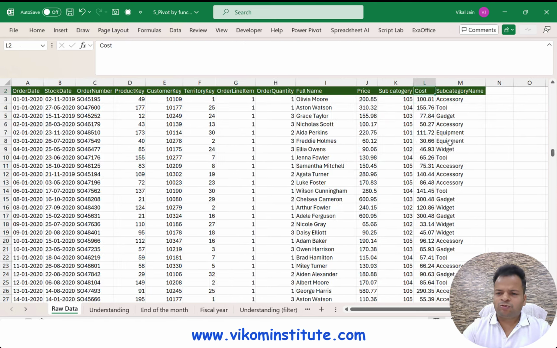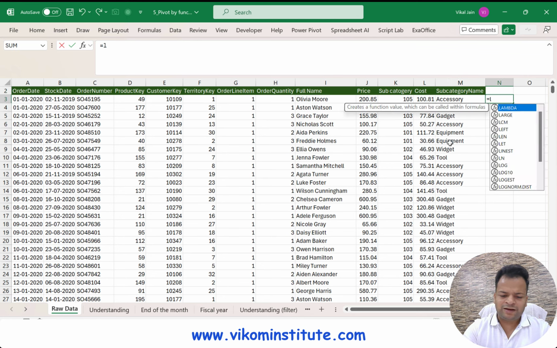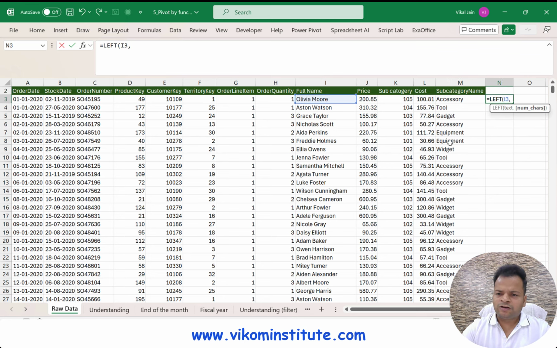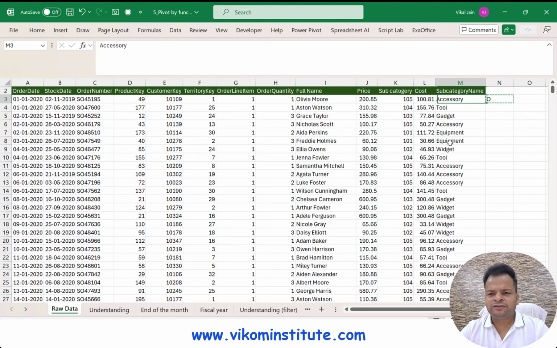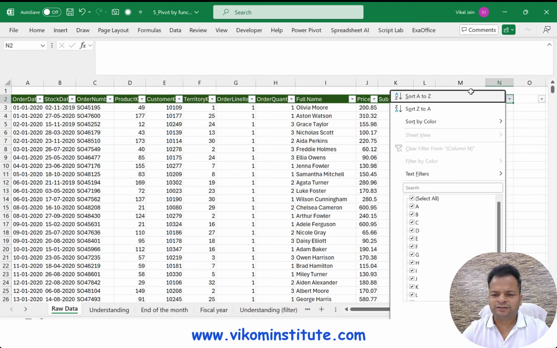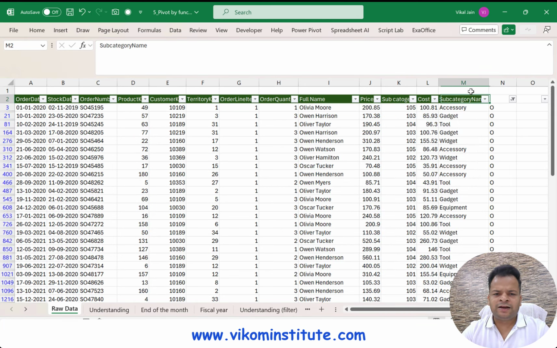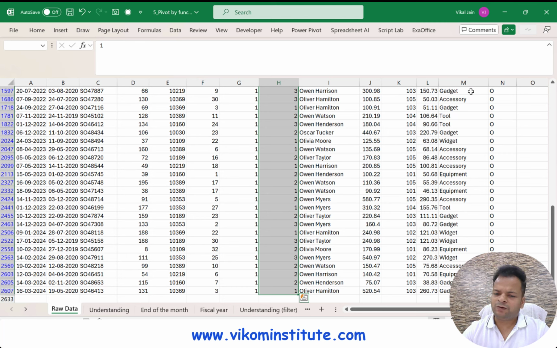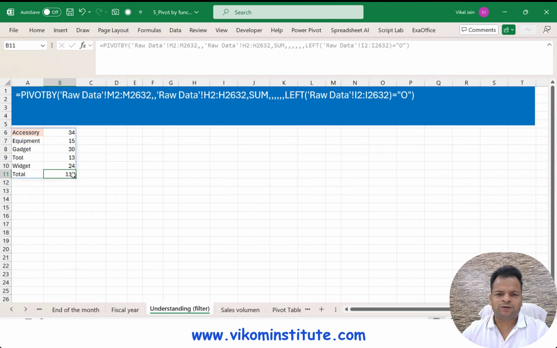Now let's check whether it is correct or not. So I'm going to use the LEFT function here also. Left, just extracting one character, and simply drag and drop or copy and paste it till the end. Now simply put a filter, take O, and here the order quantity is 116. And if you see here, it is 116. Now if you don't want this O as a manual part, you can create a data validation. So it is going to work.